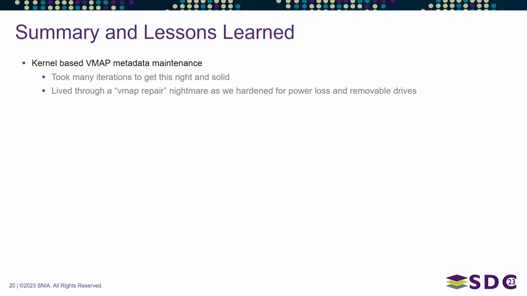I think, our kernel-based VMAP, we called it a VMAP, a virtual map. It was a huge table of the translation between virtual and physical. It would get messed up occasionally, and you get very angry customers when that happens. You had to build in a lot of what I call the VMAP repair and nightmare, which kept me up at night many, many times in the first iterations of these things, trying to figure out what the heck happened to this customer. And it'd be a power loss scenario coupled with something else going on, coupled with something else. But,